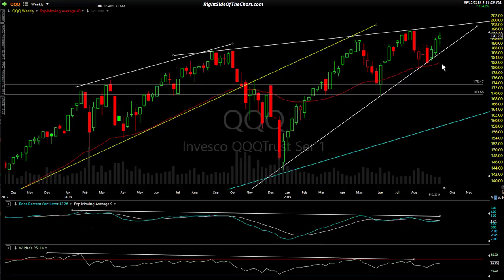And until and unless that goes, so what will happen? What I'm getting at here: if those 60-minute divergences and the daily divergences do play out, as I suspect they will, whether it's another 1, 2, 3% up or not, what you're going to look for is an impulsive break, especially a weekly close below this uptrend line, and then that 200-day / 40-week moving average. That should be the nail in the coffin. That should be a pretty powerful sell signal to well-watched levels,